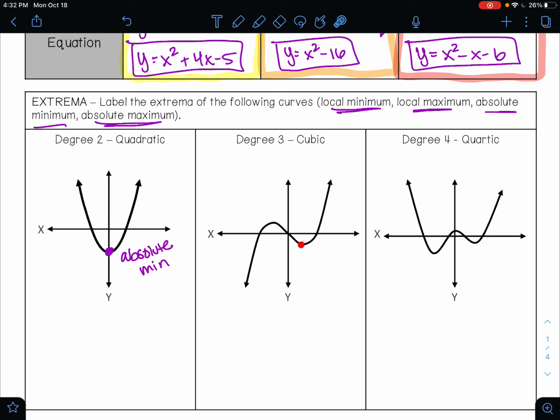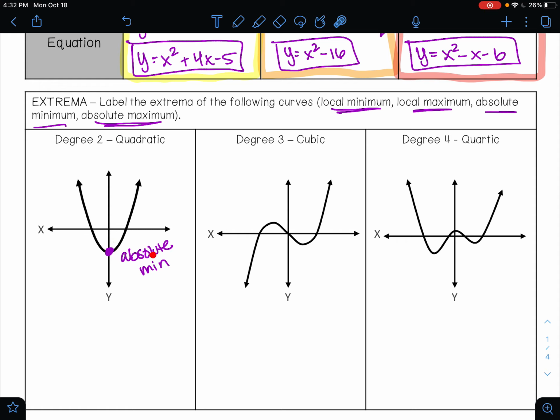And here this is a minimum, but my graph gets lower than that. So local max and local mins means that it is a maximum or a minimum for that localized spot. And absolute max or min means it absolutely gets no lower than that, or it absolutely gets no higher than that. This point right here is an absolute minimum because we absolutely never get lower than this point right here